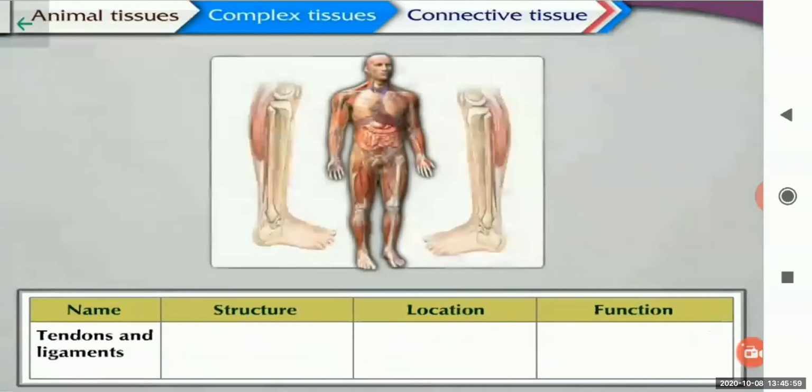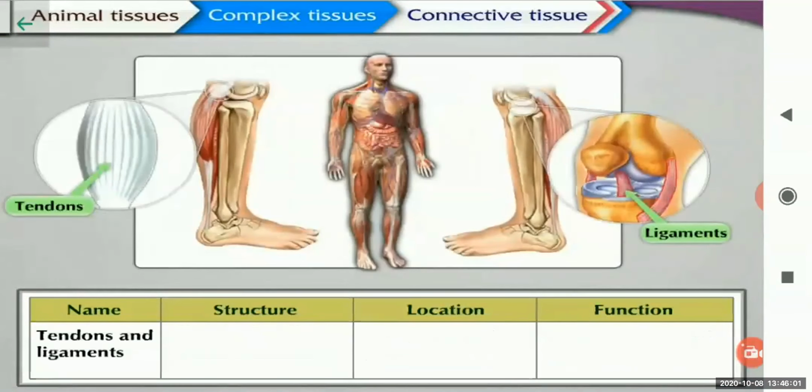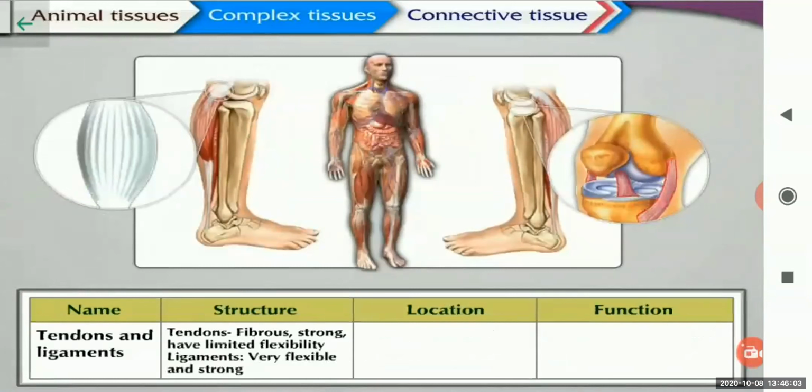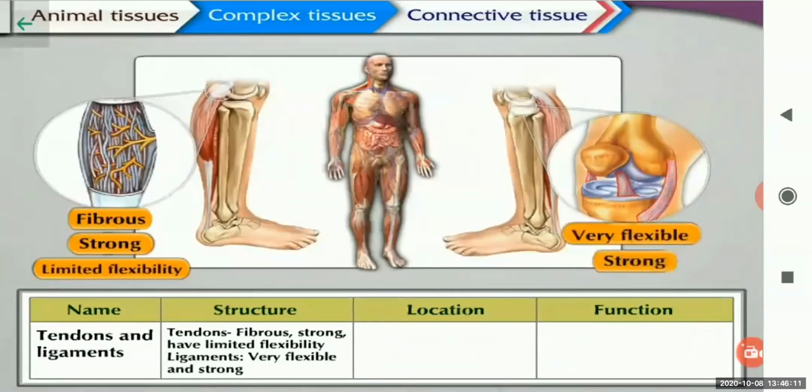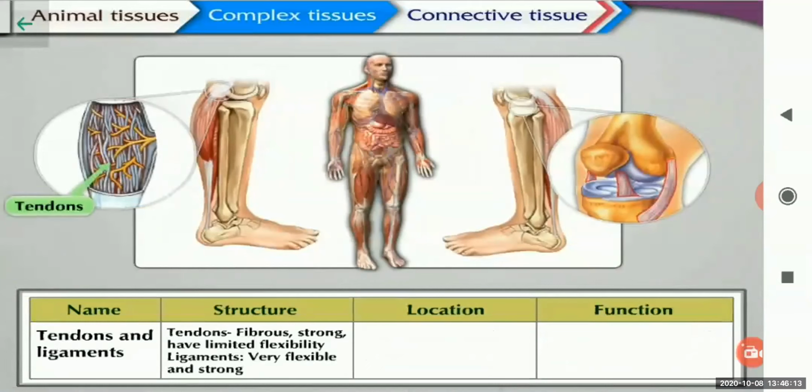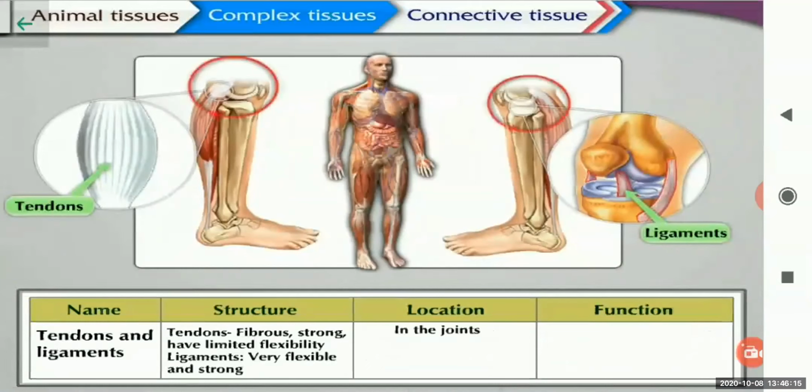Tendons and ligaments. Tendons are fibrous and very strong, but have limited flexibility, while ligaments are very elastic with considerable strength. Tendons and ligaments are present in the joints. Tendons connect the muscles to the bones, while ligaments connect the bones. After understanding about connective tissues,